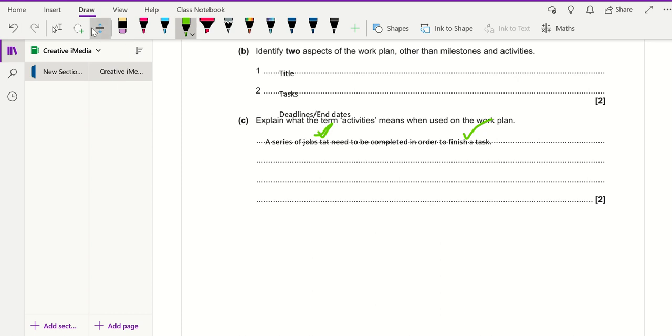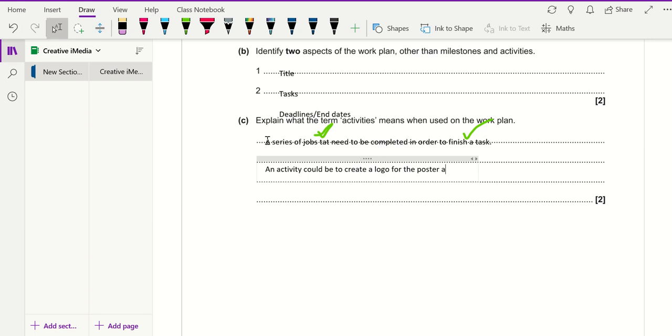You can also give an example as well. So you could say something about creating the logo. You might say an activity could be to create a logo for the poster. That would give you a mark.